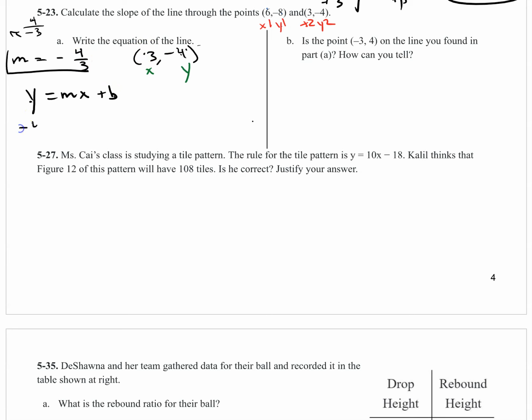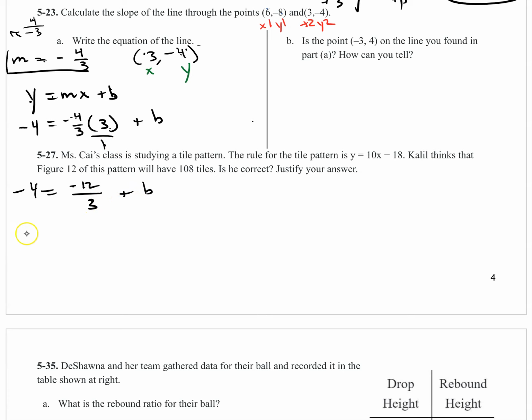Y is negative 4 equals negative 4 over 3 times x plus b. Okay, put the whole number over 1 and multiply. Negative 4 equals negative 4 times 3, negative 12. Negative times positive is a negative. Over 3 times 1